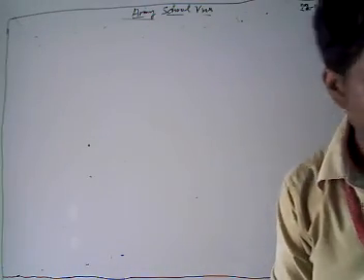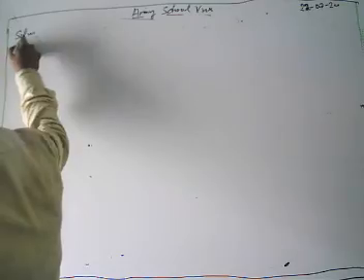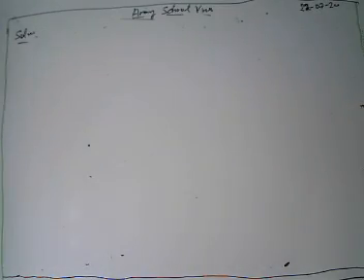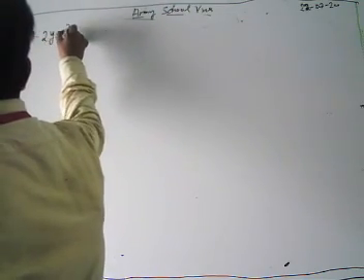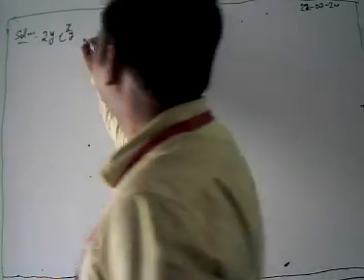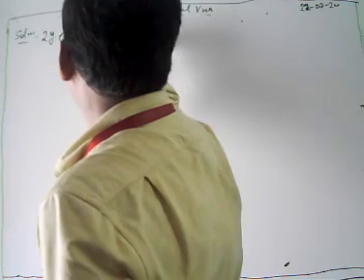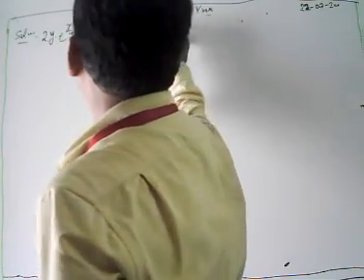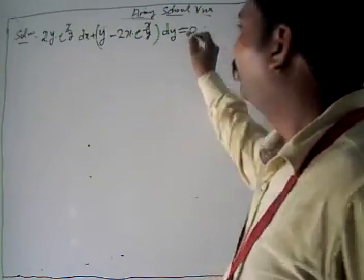Look, what is our next problem? It's again a board problem. Solve the equation. It's again in the format of dx by dy. 2y e to power x by y dx plus y minus 2x e to power xy dy equal to 0. Look, what is the problem we have?